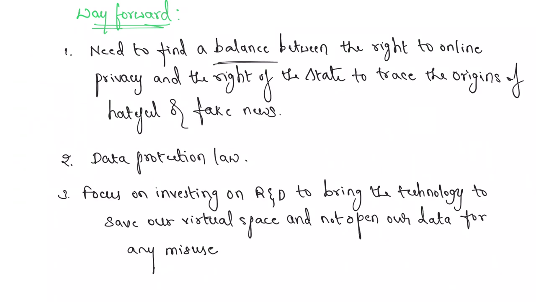For money laundering, we can link bank accounts. For electoral fraud, we can link voter ID. And for cybercrime, we can link social media accounts. But for social media, linking Aadhaar is not a good idea. That is a harm to the right to privacy. It is without question that a solution is required, but it is increasingly worrying as the solution moves toward deprivation of fundamental rights and the first steps towards a possible surveillance state. So, from all these arguments, it is very much clear and evident that linking Aadhaar to social media is not a good idea. Thank you.